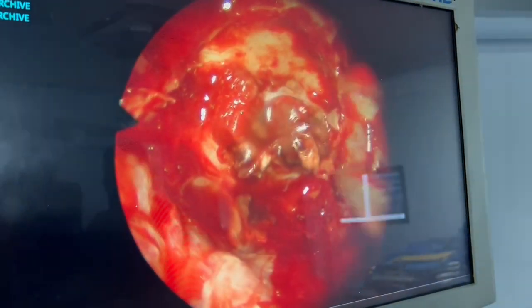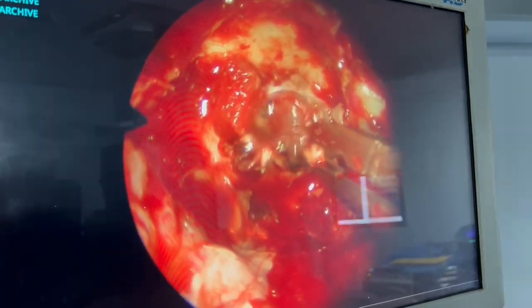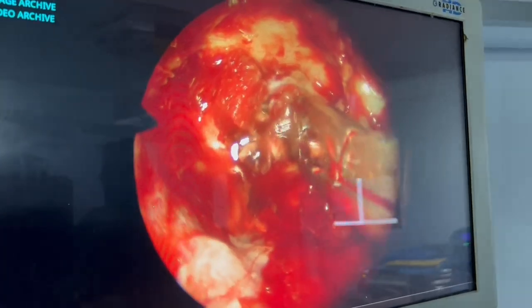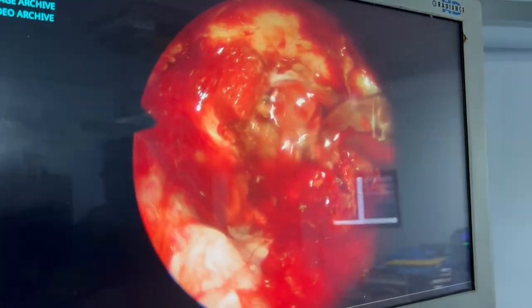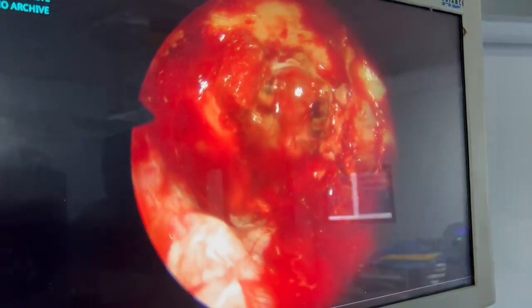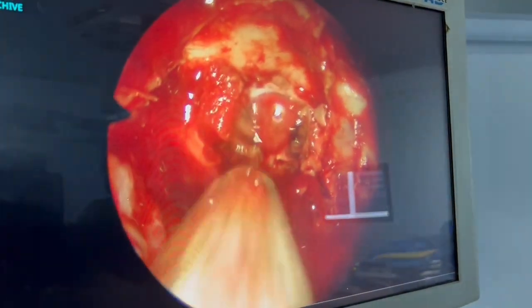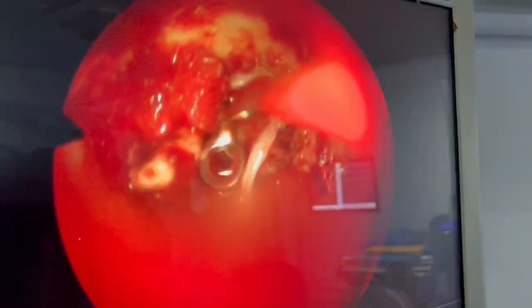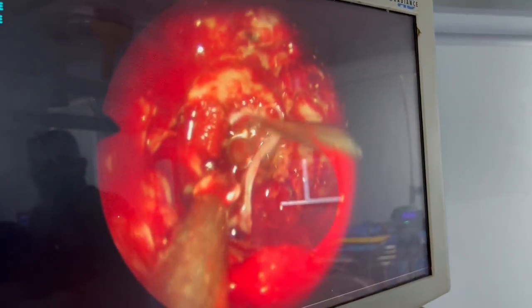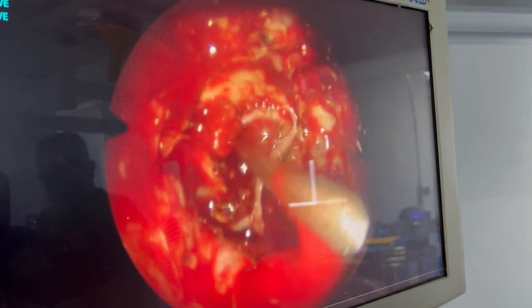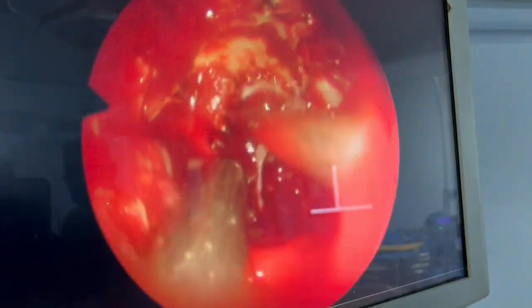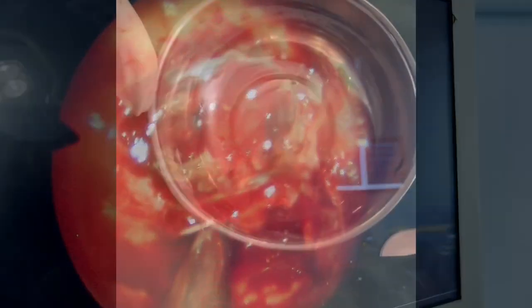After removing this last bit of the right cavernous portion, we will check with the 30-degree endoscope whether any tumor is inside the cavernous sinus. The arachnoid falling by itself is suggestive of complete tumor removal. You can see pulsation, and this is the right cavernous part of the tumor going inside the cavernous sinus. We will remove it. We have kept Floseal to prevent bleeding on the right cavernous part.